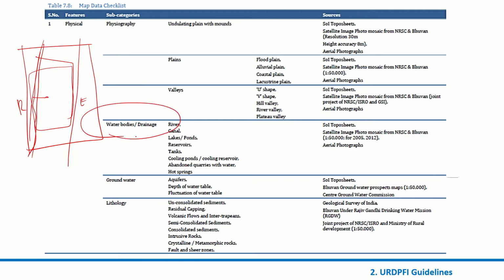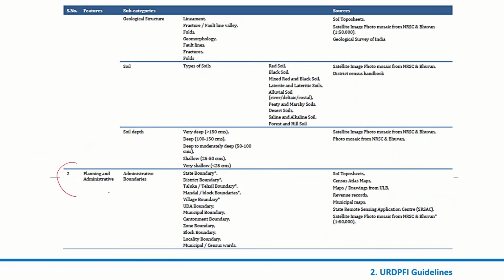So this is one component that is required, and they also mention where you can look for information to get it. That's with respect to the physical aspect. With respect to the planning aspect, as I was telling you, there are different boundaries. Probably if we can get hold of zones, zonal boundaries. I know that this is available for water supply. They create these kinds of zones for water supply, or another piece of information is census wards. Census wards are also available, so even this will help in demarcating the area.